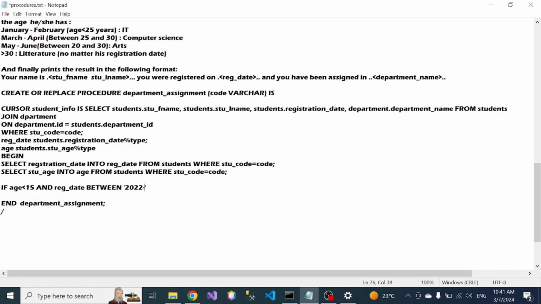This is the format of our date. We start with the year and then the month and then the day. So if the age is between